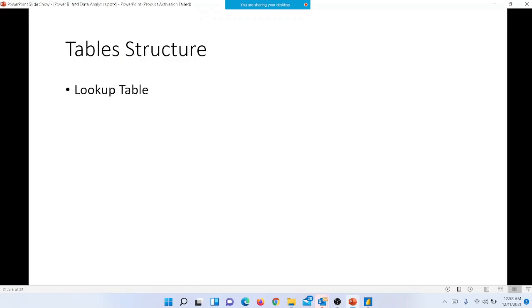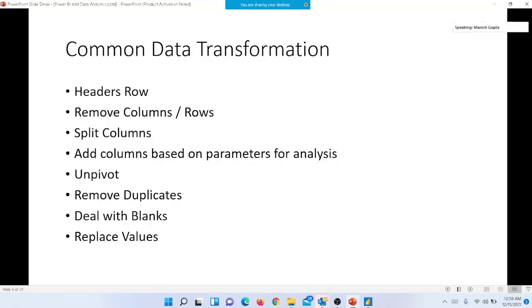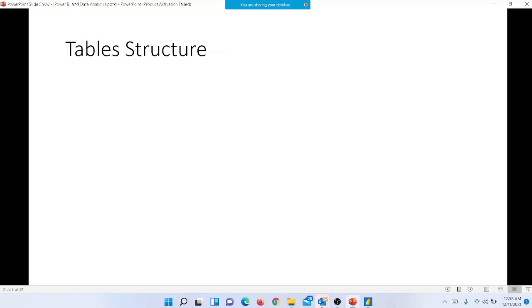So there are a few types of tables that we work with now. We have covered the basic data transformation: header row, remove row, split columns. We have not worked on everything; we will work on it on a separate basis. And unpivot, we have learned remove duplicates, deal with the blanks, and replace values. Now there are a few types of